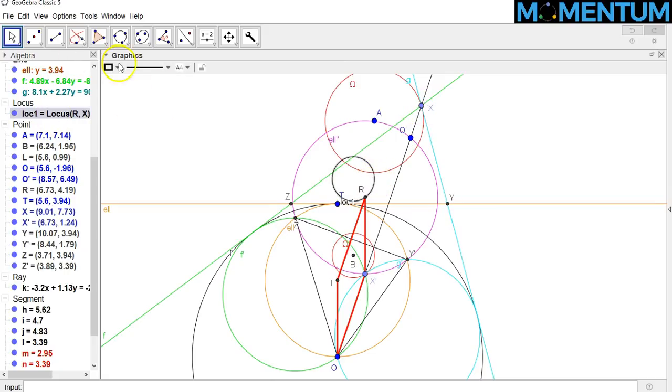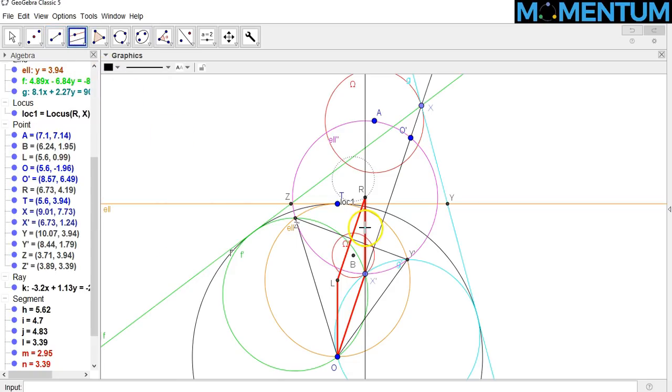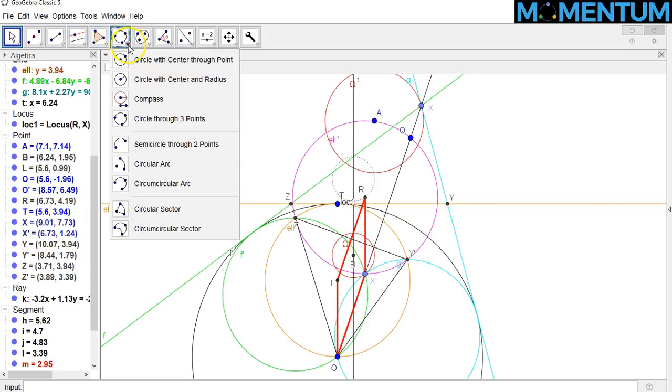So let me just label it dashed. Okay, good. Alright, so what I will do is I will just create this vector of the same size as this one, right? So let's go ahead and do that. Well, one way to do it is, let me do it the silly way. I will just draw a parallel line to this one going through this point, and I want to measure the distance Rx prime, a circle with that distance,